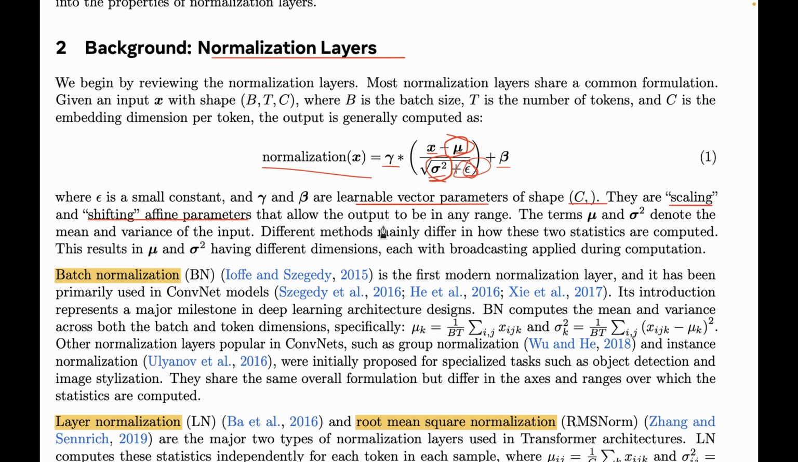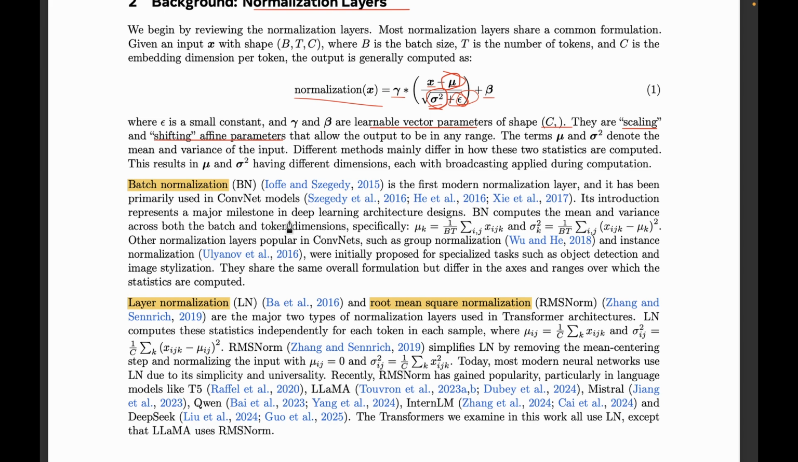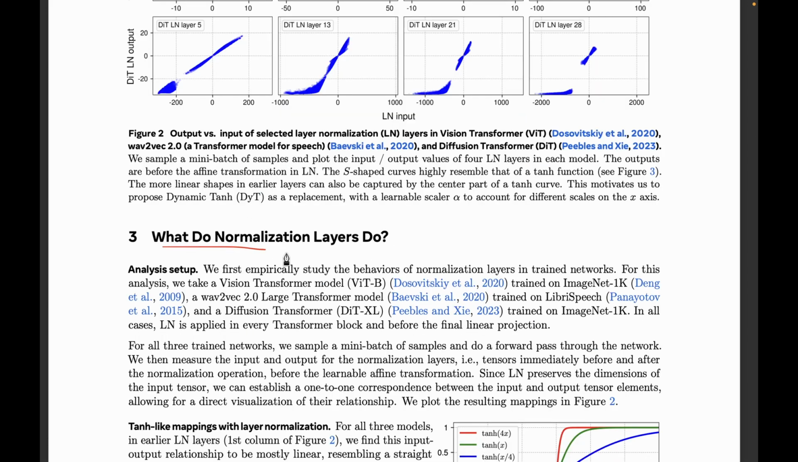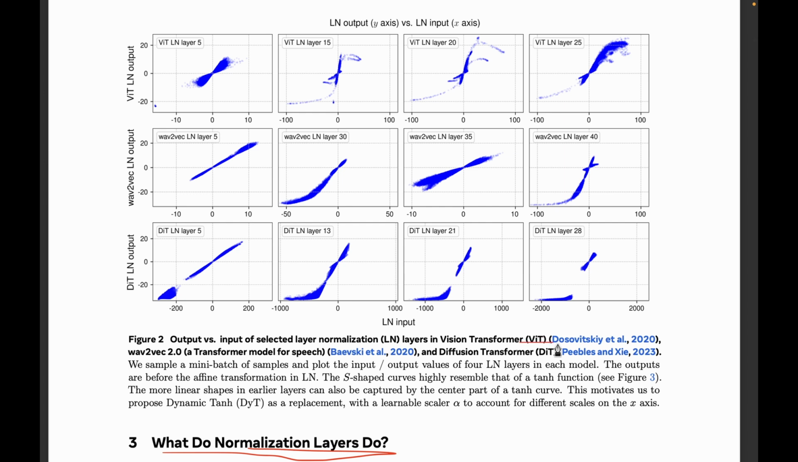This is how a typical normalization equation looks. And obviously there are different variations like batch normalization, layer normalization, and root mean square normalization, everything that we just discussed. But what exactly is going on in these normalization layers? To understand that, what they did in this paper is they took the vision transformer and diffusion transformer,